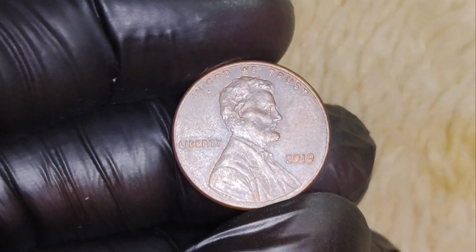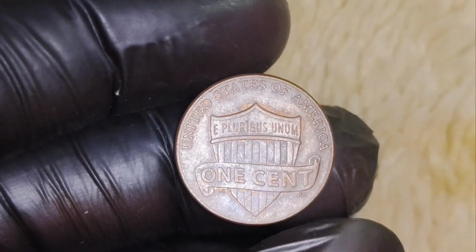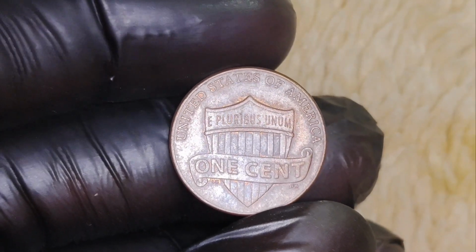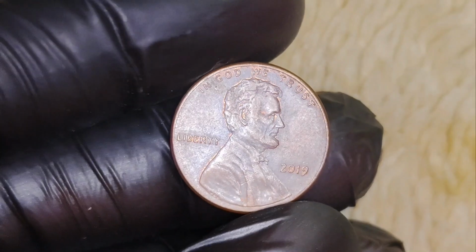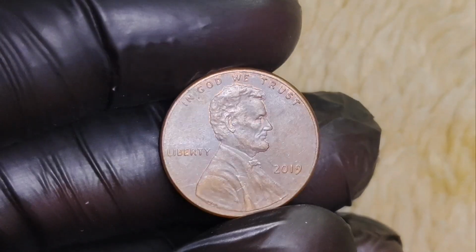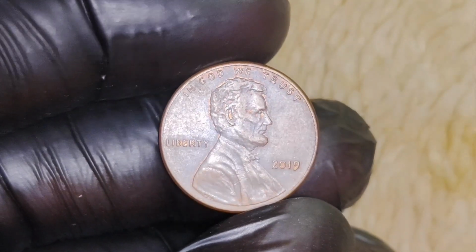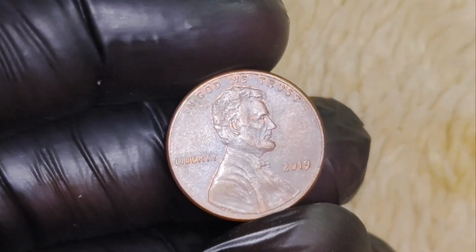As word spreads about the value of these 2019 pennies, demand from collectors has skyrocketed. There's a limited supply of top condition no mint mark pennies, which means that prices continue to climb as more people try to get their hands on one. With collectors willing to pay as much as $1.5 million for the right penny, it's no wonder these coins are making headlines. Now, you might be wondering, how can you tell if your 2019 penny is the one that could